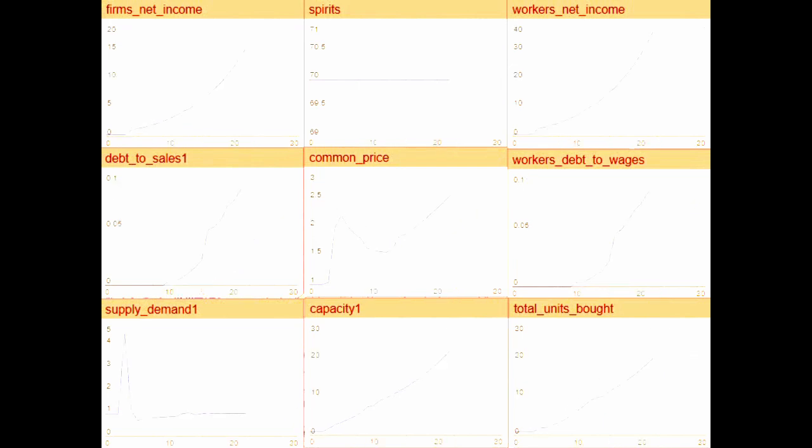Okay, so now let's say what would happen if instead of being always 50, we put the spirits up to a positive amount. Let's say they're always 70. So if we rerun the model, but now with spirits a bit more positive the whole way through at a fixed level of 70, we'll see what happens here. And what happens here is that we get very impressive growth. The positive confidence feeds through into the economy. People borrow more and more. Each period, the economy grows more and more.